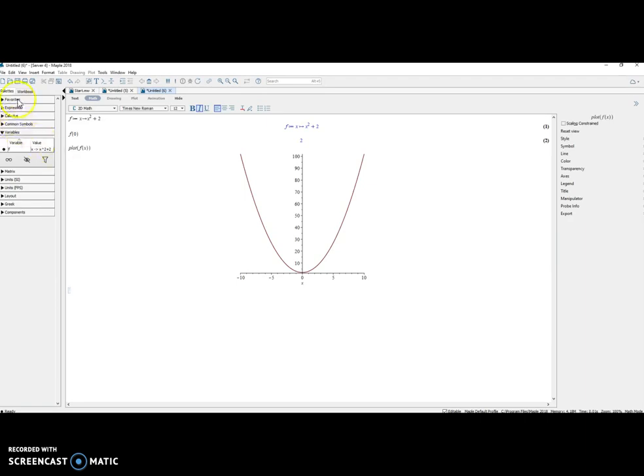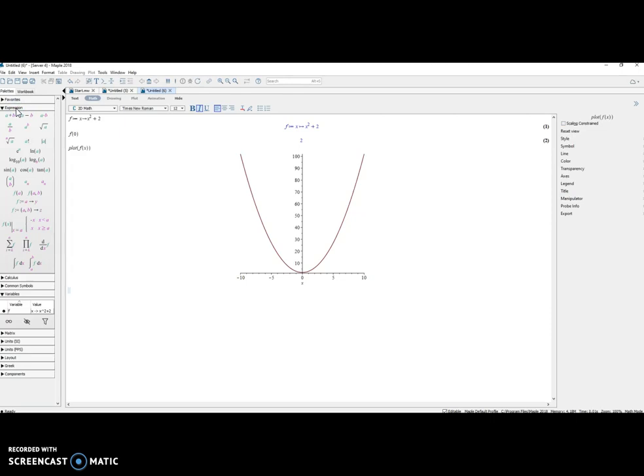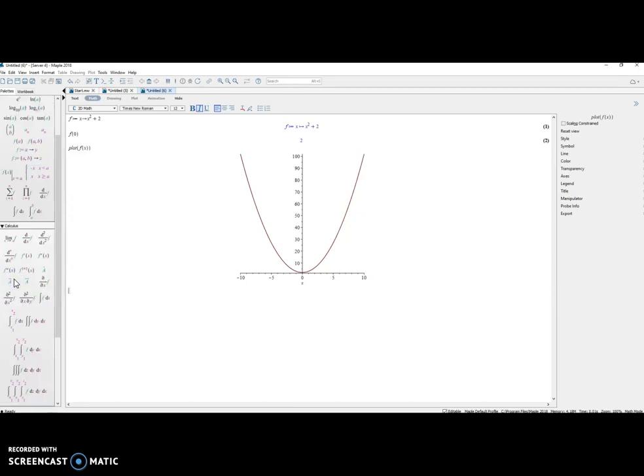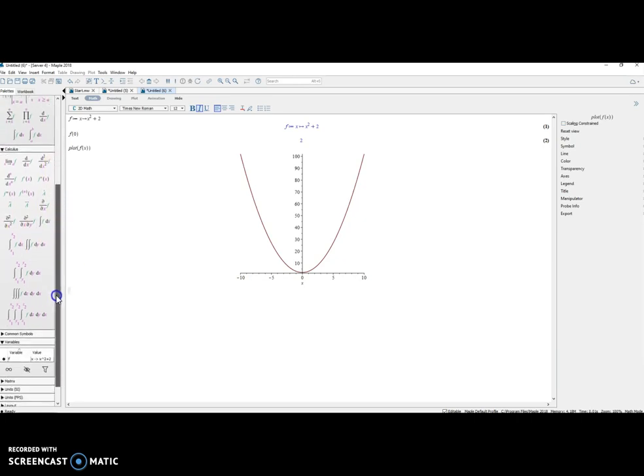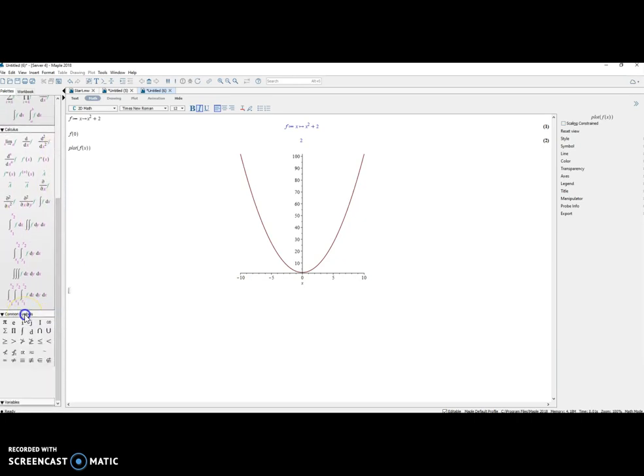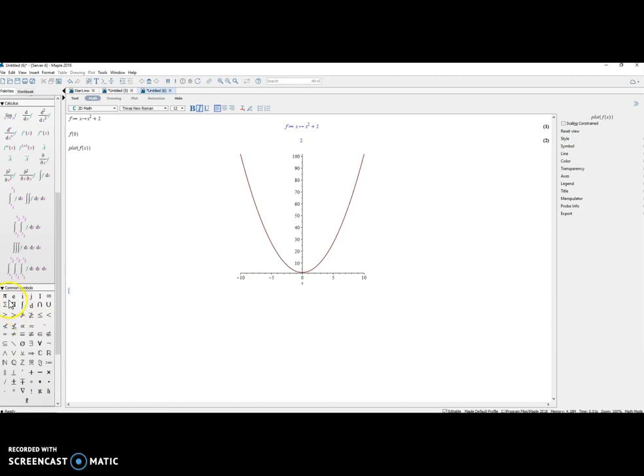The left-hand side of Maple has some important function templates and elements that you may want to get familiar with. The Expression tab includes a number of different expression templates that you may want to use, such as square roots, absolute value, and e. The Calculus tab includes templates for things like limits, derivatives, and integrals. The Common Symbols tab will include many characters such as pi and infinity,